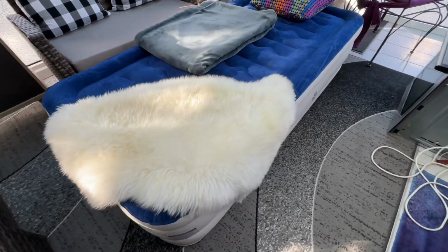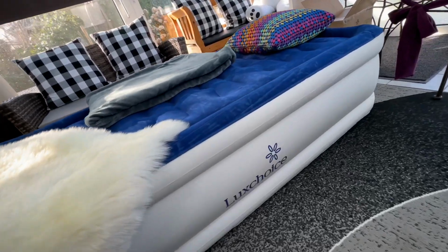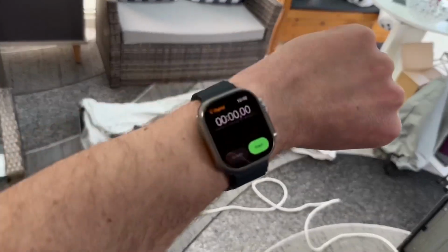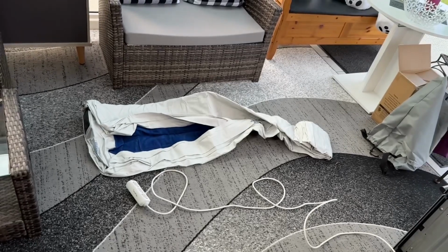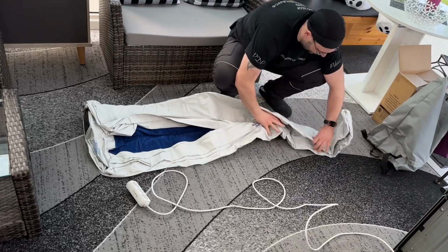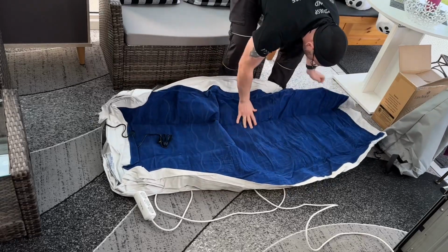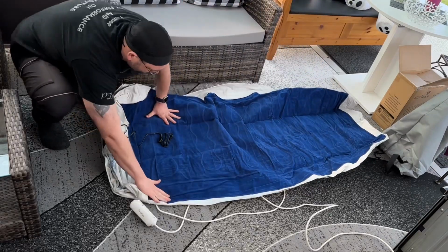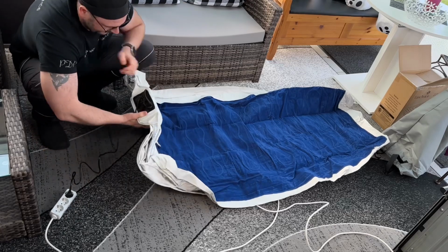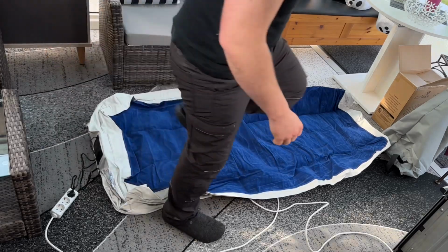That means the motor is built in. It does not need an external motor or a pump for it. Everything is in the place where it has to be. This here is a single or a double airbed for home, for the bedroom, for guests. It's compact, it's portable, of course, for vacation, for traveling, for business trips, and camping too. You see, the only thing you will need is a power supply, and then after approximately 3 minutes, you're ready